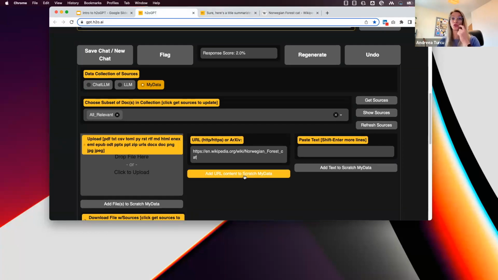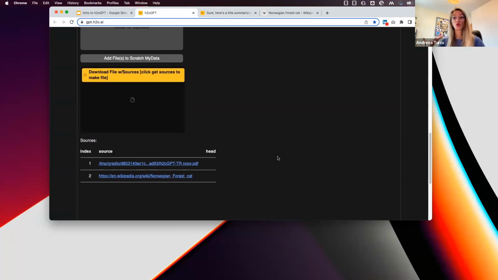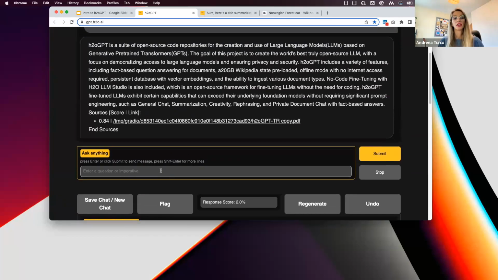And so I'm going to copy paste the link and click on the add URL content to scratch my data. Now, if I scroll down, I'm going to see that in my sources, there is not just one single line, which is the PDF document that I provided earlier, but also the Wikipedia link. So now maybe I want to ask another question, such as make me a summary of the